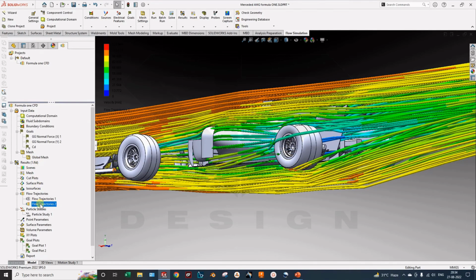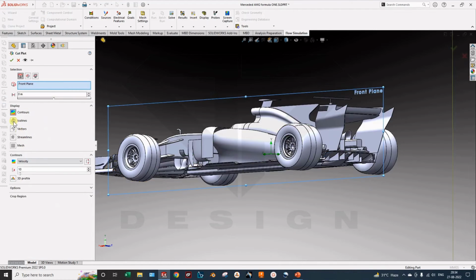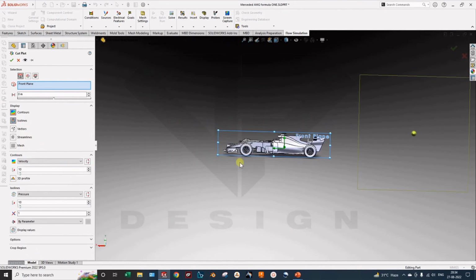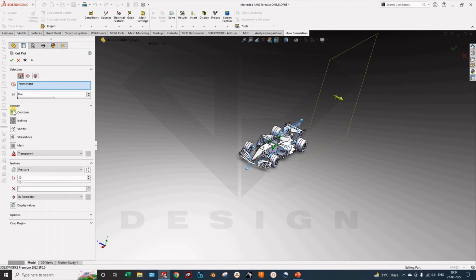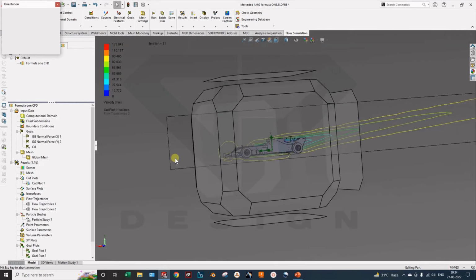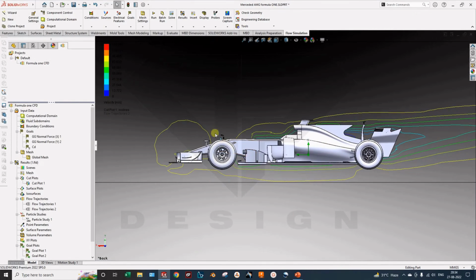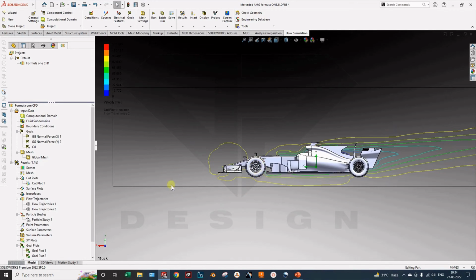And in the advanced, you can create your customized cut plots, the ISO lines only. For the ISO lines, the velocity, I will turn off the contour, make it transparent, and the velocity display values, so I will click it off. So here you can see the major changes in velocity area. You can see that in the ISO lines the major changes are there. Okay,